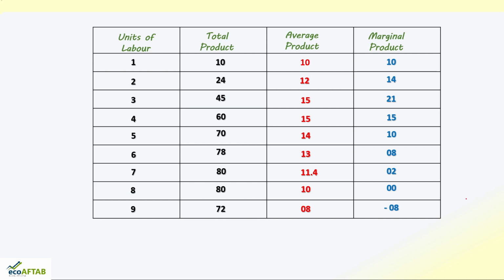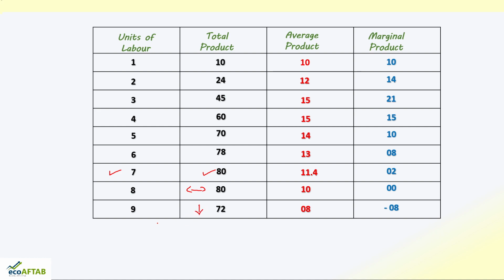So, if we are having a bigger machinery, a bigger plant, and here you can see when we are employing units 1 to 9, what is happening to the total productivity? The total productivity is increasing, and a particular point comes where the total productivity becomes constant. That is at 7 units of labor, the total productivity is maximum, and the 8th unit of labor is not contributing anything to the output, whereas with the 9th unit of labor, you can see the total productivity has become less.